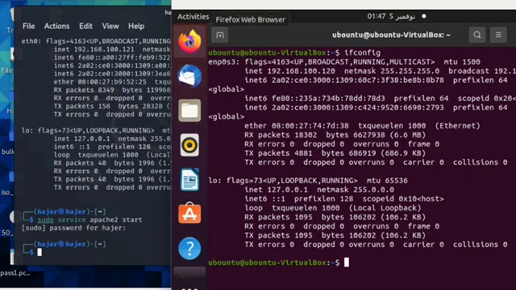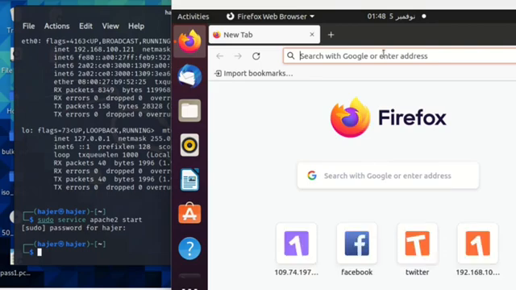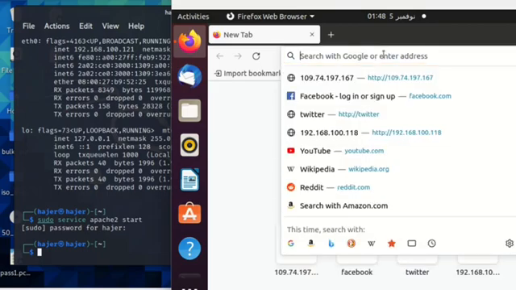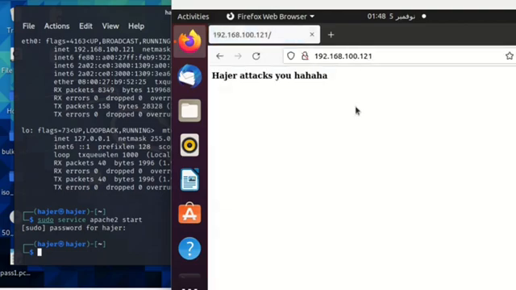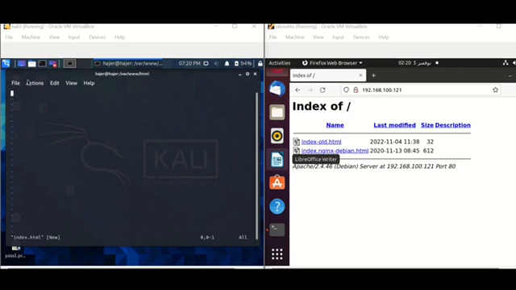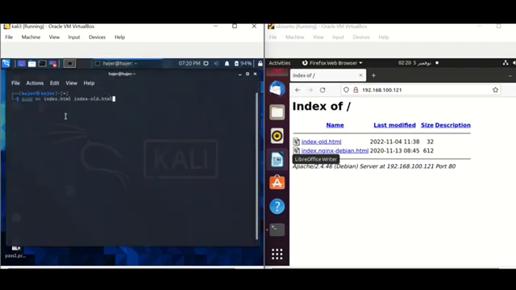the second step, after I open the Apache server from the attacker machine, I will open the browser from the victim machine, and I will type the IP address of the attacker machine, which is 192.168.100.121. So after I open the Apache server,